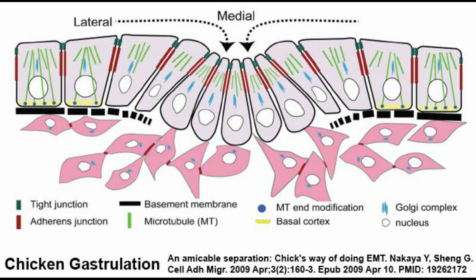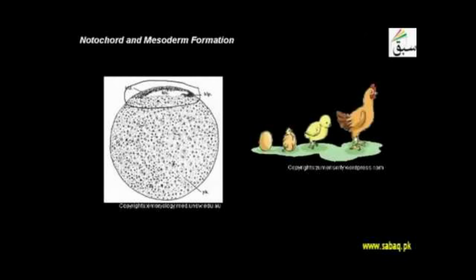Notochord and mesoderm formation. In the chick, the mesodermal cells do not invaginate as in amphibians but migrate medially and caudally from both sides and create a midline thickening called the primitive streak, which grows rapidly in length as